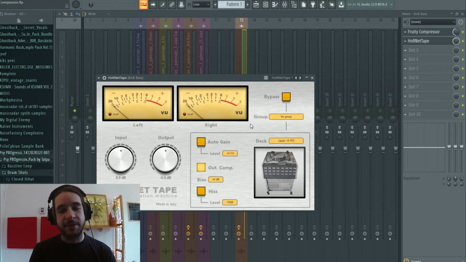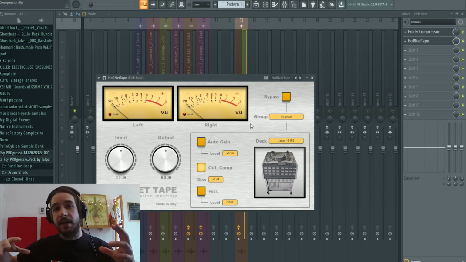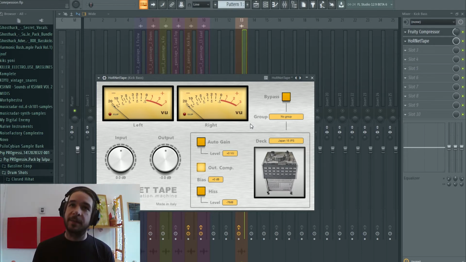The thing with tape saturation is that on one channel there's no problem, but if you put it on, let's say, a group, a bus, then there's more sound coming in. With high frequencies it's okay, but with low frequencies it's really adding fat, and it can make stuff muddy,